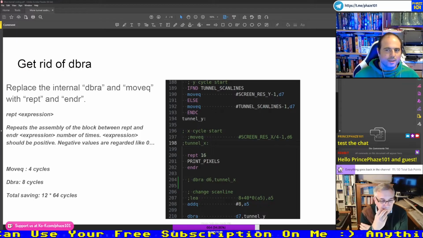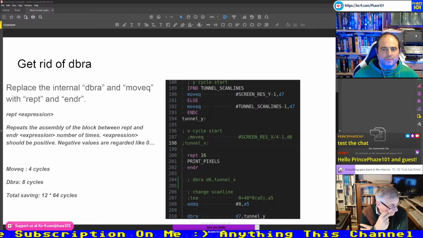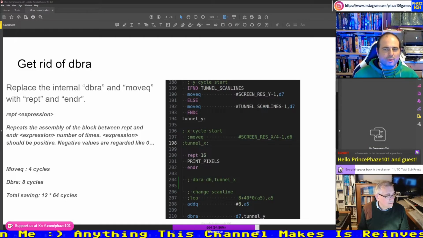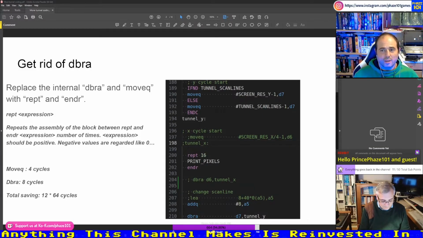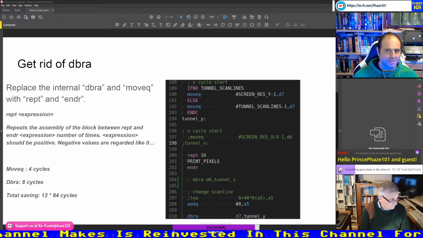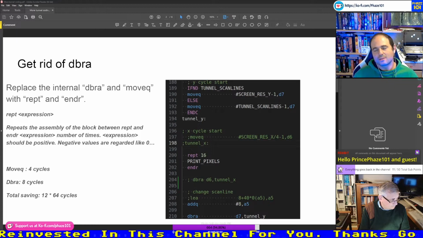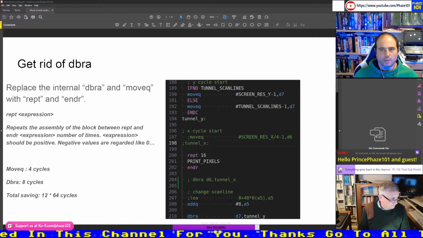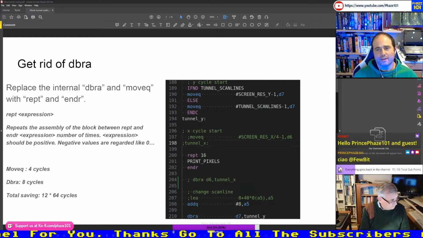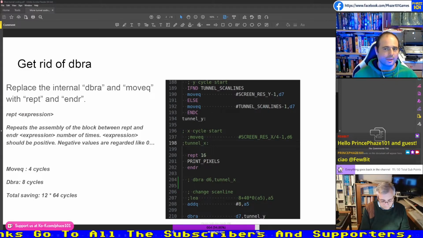Okay. So let's resume our talk. As I said, why is the Amiga taking so much time? It's because for every frame it goes through each scan line. So the tunnel is 64 scan lines in height, and then for each scan line it tries to paint, moving data into the bitplane RAM. And this is a very time-consuming process. And this is where most of the raster time is taken.